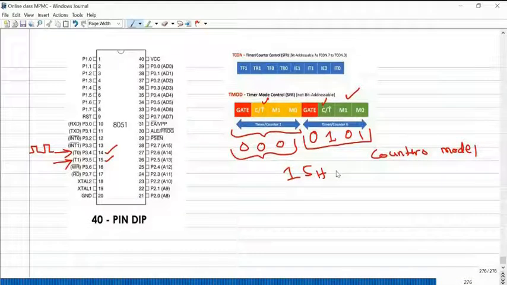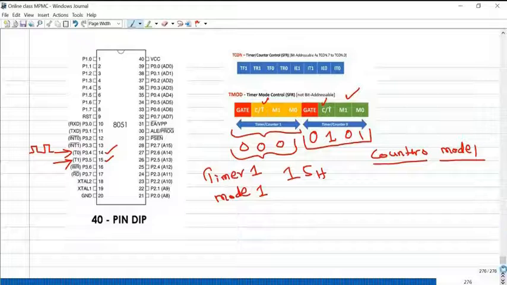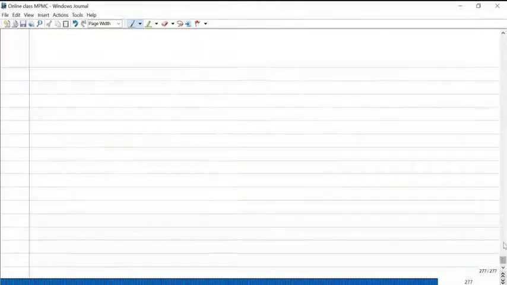Okay. So this will indicate timer 1, mode 1, and counter 0, mode 1. Okay. Now we will start the program.